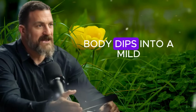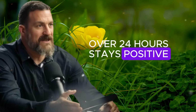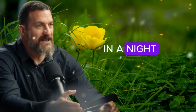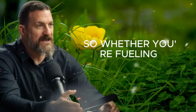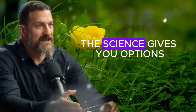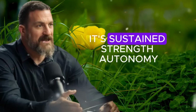So even if your body dips into a mild catabolic state at night, the net muscle balance over 24 hours stays positive. In other words, it's not about being perfect at one time of day, it's about consistency over time. Your muscle isn't built in a night, but it is protected every night by the choices you make leading up to it. So whether you're fueling before bed, training in the evening, or optimizing your overall nutrition and sleep, the science gives you options. And when you apply them consistently, the result is not just preserved muscle, it's sustained strength,